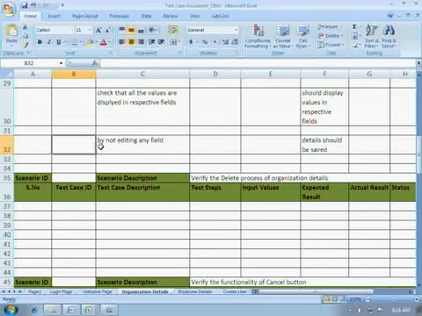And the last test case for the editing process was, by not editing any fields, the details should be saved.